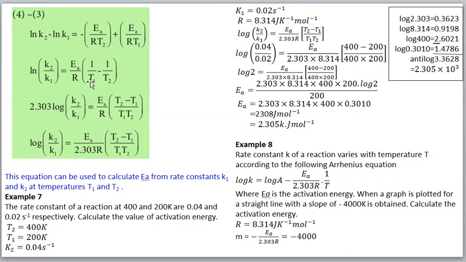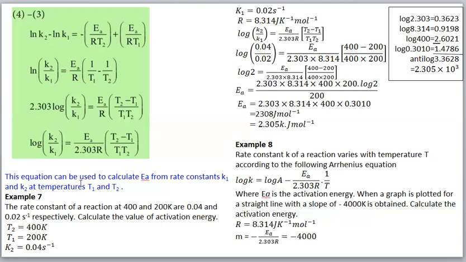So T1 and T1 cancel, remaining is T2. We can write here T2. Then for this term, one minus is there, minus we written. Then 1 by T2 into T1 T2, so T2 and T2 will cancel. Remaining is T1. We can write here T1. Then this 2.303 we move to the right side. So we will get log K2 by K1 equal to Ea by 2.303 R into T2 minus T1 by T1 T2.